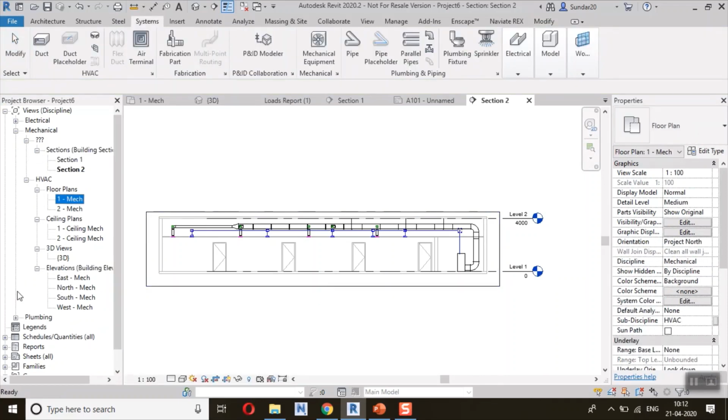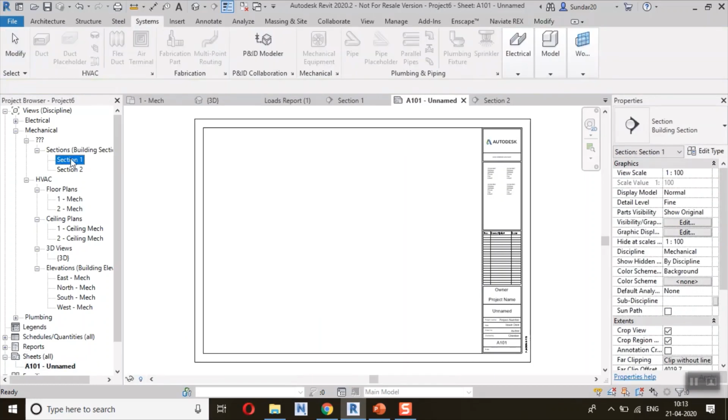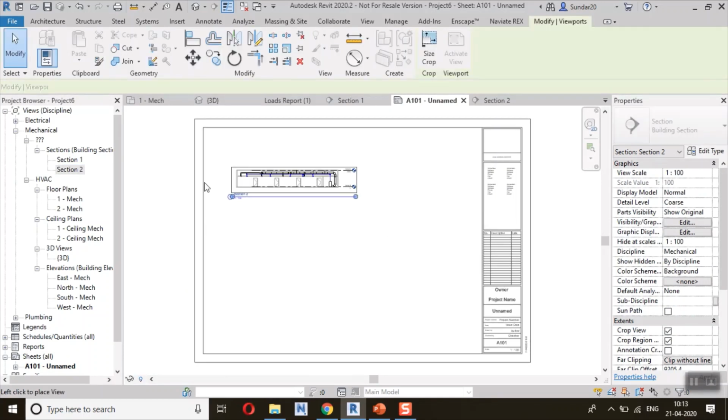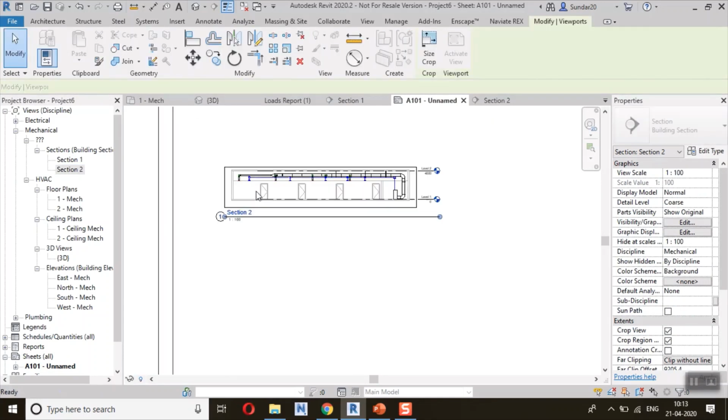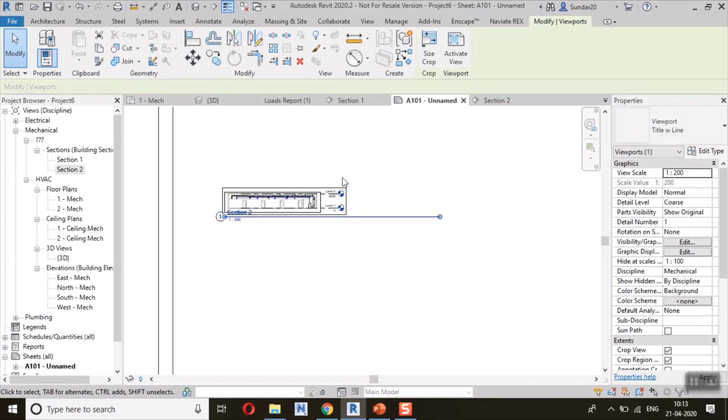Go to the sheet and just place the view. As well as we can change the scale. So this one is small, right? I want to change my scale. Just use the drop down and change the scale, or else customize the scale size. 1:50.